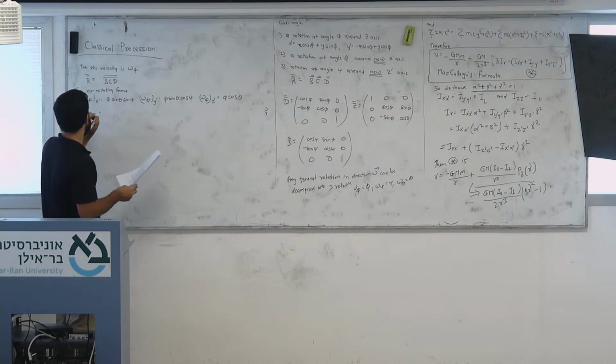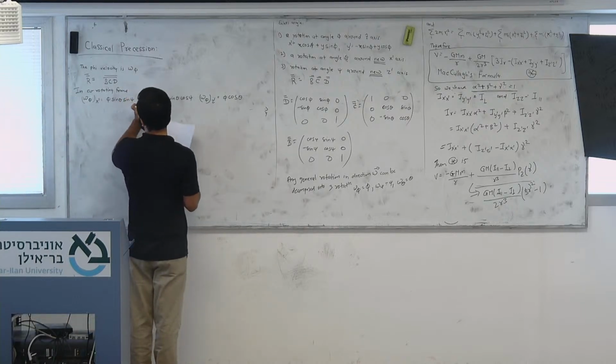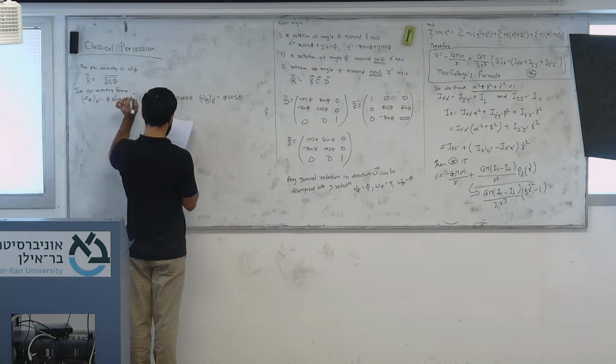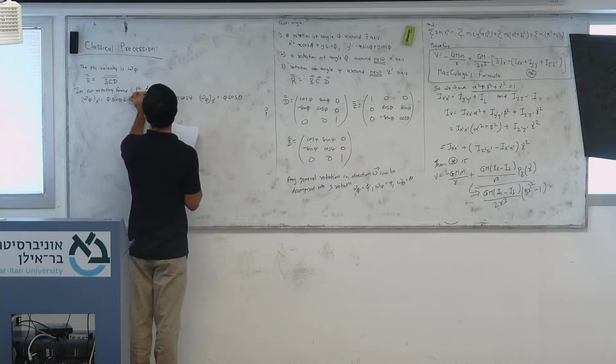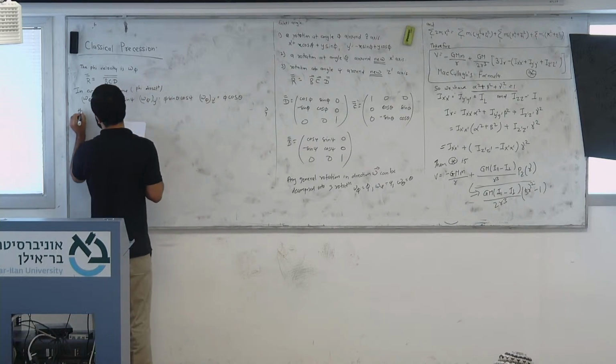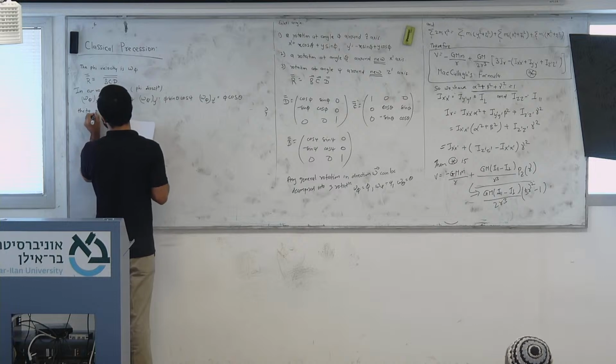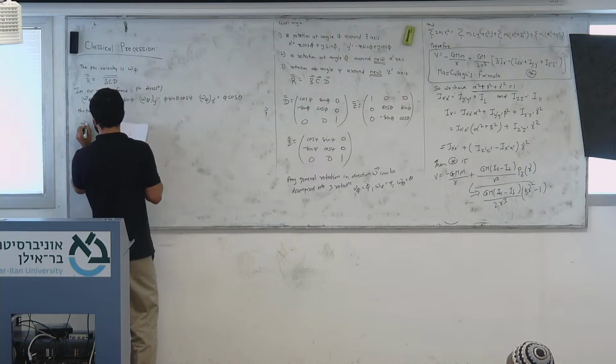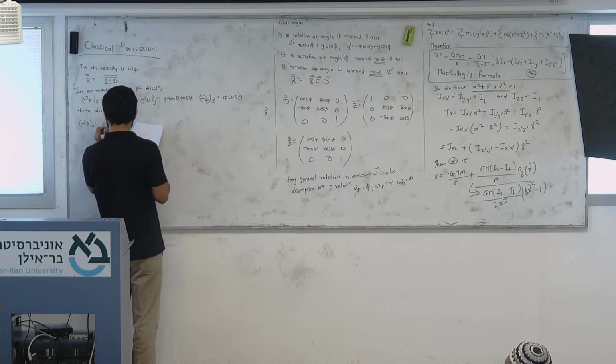So this is in the co-rotating frame, the phi direction. Now theta direction. I have omega theta x prime, which is equals to theta dot